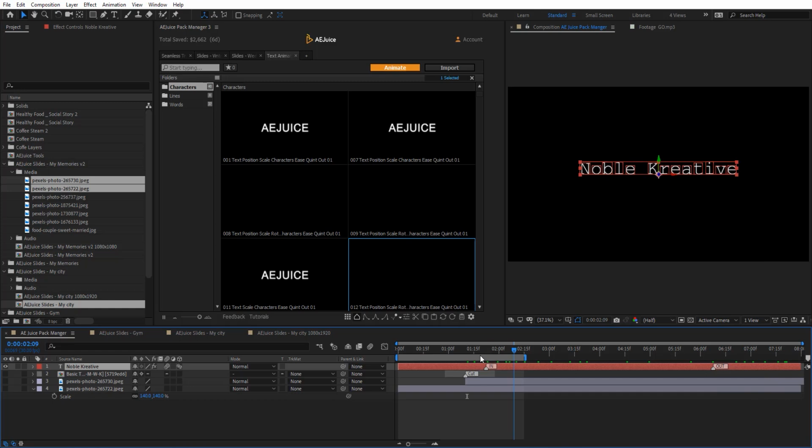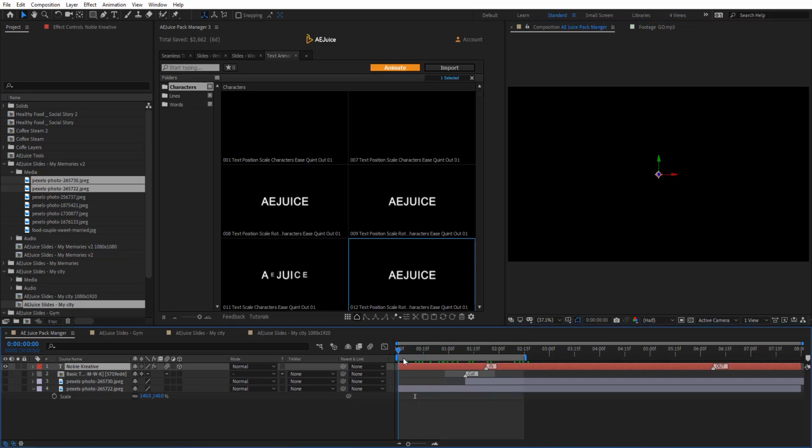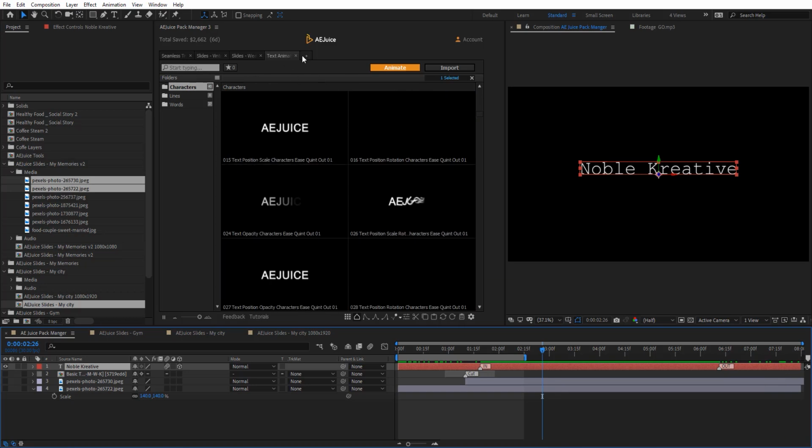If we use it again, it's going to select a different animation randomly for us, which is nice. As you can see, we can use the shortcut and it gives us a different animation, as you see. So we got just fade. And that's pretty much it for this text animation preset. Very cool. I like these a lot.